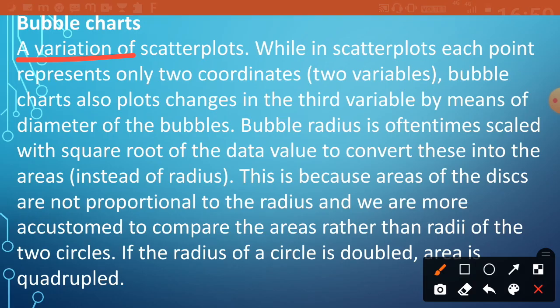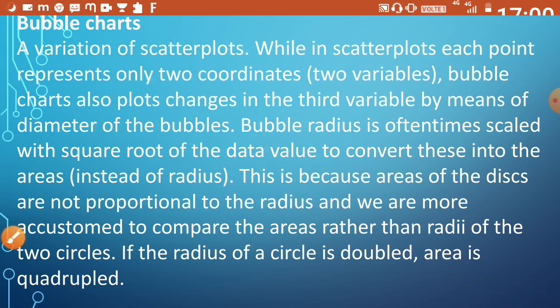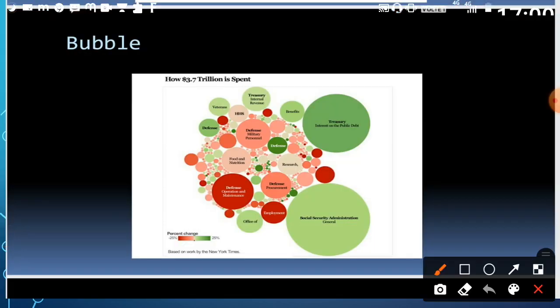Then we have the bubble chart. Okay, a bubble chart cannot be done on notebook and paper. In order to present the bubble chart, we have to take the help of several software packages. As I have already mentioned Excel, we can also consider other software. Okay, so in a bubble chart, what happens actually? There are bubbles, some are short, some are large, some are very small. Let's see how the bubble chart actually looks. So this is how the bubble chart looks.